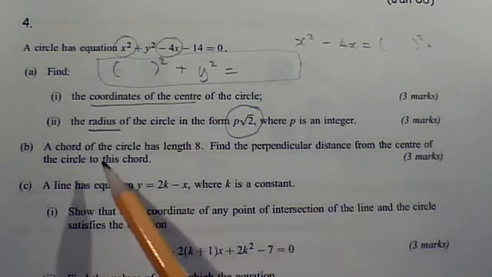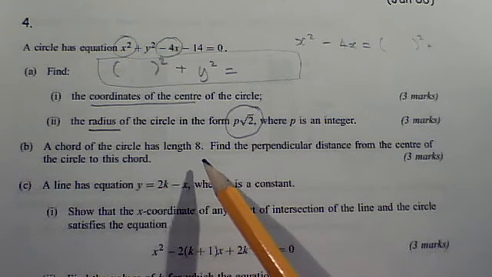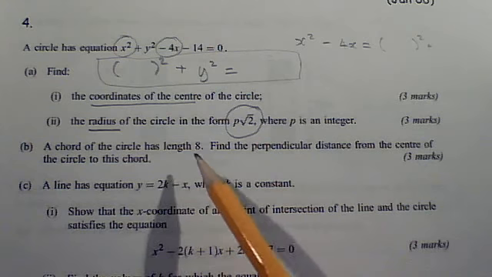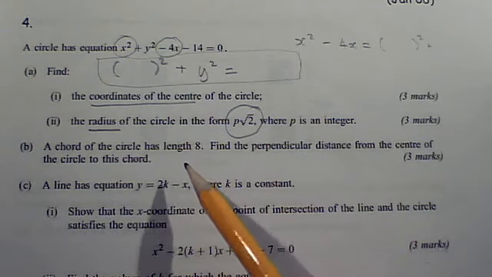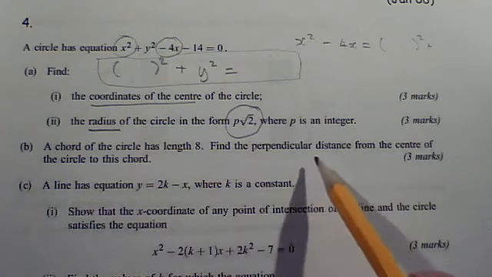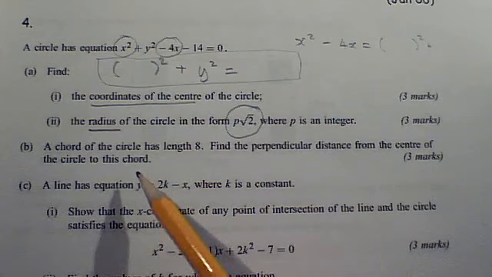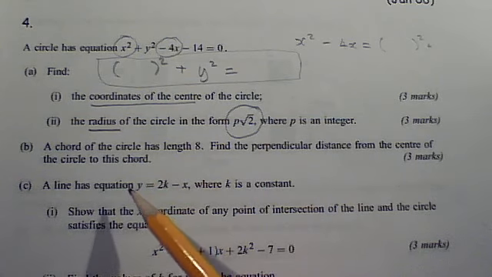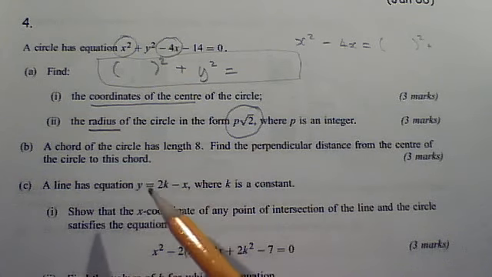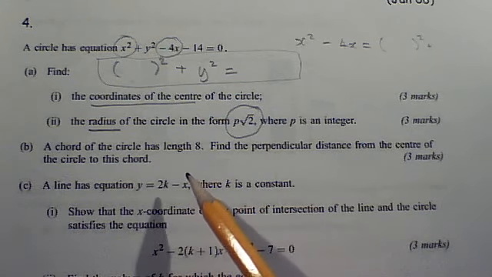Then in part B, we've now got a chord of the circle with length 8. You're going to need a diagram here. It won't need to be very accurate, not a lot of detail on it, but you need a circle with a chord. You need to write the length of the chord on it, and we need to do the perpendicular distance from the centre of the circle to this chord. So you draw a line from the centre to the chord at right angles to the chord, and you'll find that you can draw another line,